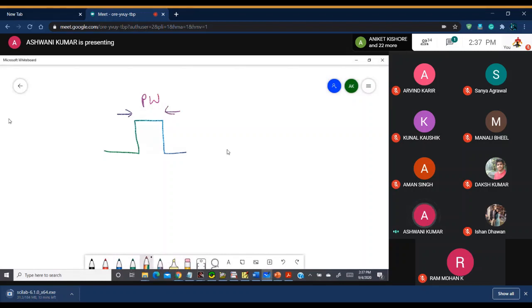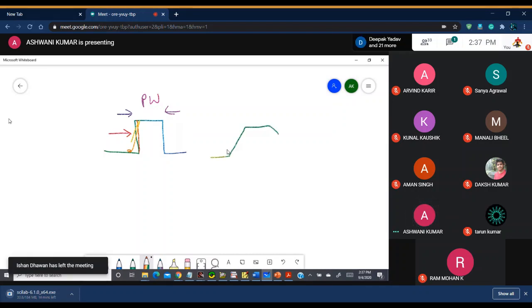Okay, this is the pulse width, and see, this is going like this. The time taken from here to here to reach, in fact you can make a more practical pulse, not an ideal pulse. So this is the practical pulse.